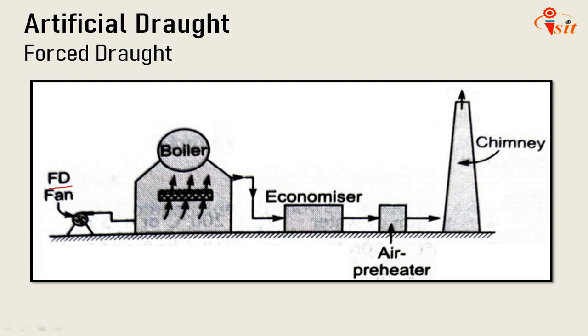In a forced draught system, a blower or fan is installed near the base of the boiler to force the air through the coal bed and other passages through the furnaces, flues, air preheater, economizer, etc. So it is a positive pressure draught. The enclosure for the furnace has to be very highly sealed so that gases from the furnace do not leak out in the boiler house. Okay, so that is the forced draught.